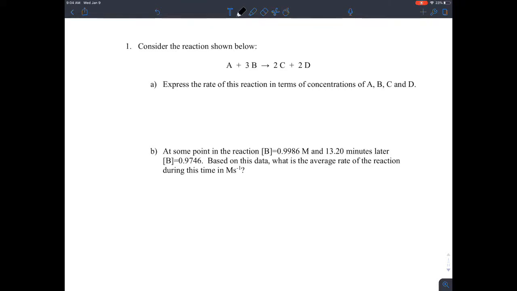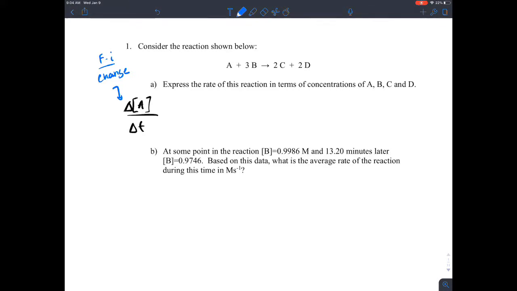So when I say express the rate of the reaction in terms of concentration, typically that's going to be in this format. So you're going to see delta concentration, I'll just use A in this particular case, over delta T. And what that tells me is that the delta represents change, as we know. Change is always going to be final minus initial, right? So what this top part tells me is it's the change in the concentration of A over the